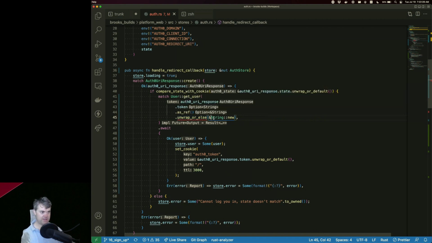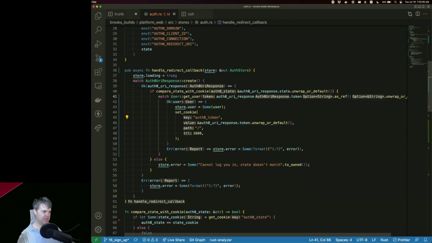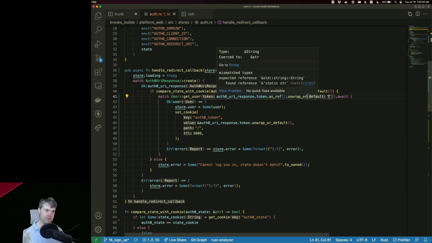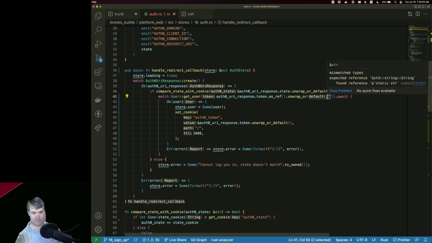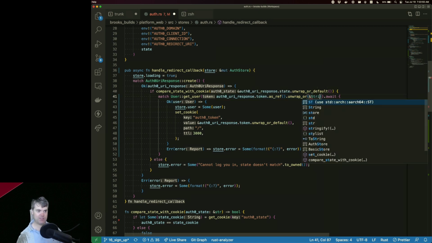Okay, fine. Oh, wait, can I just do empty string like that? No, it needs to be, maybe I can just do unwrap or. Mismatched types, expected a reference to a string. Well, fine. Okay, so this is a reference to a string.